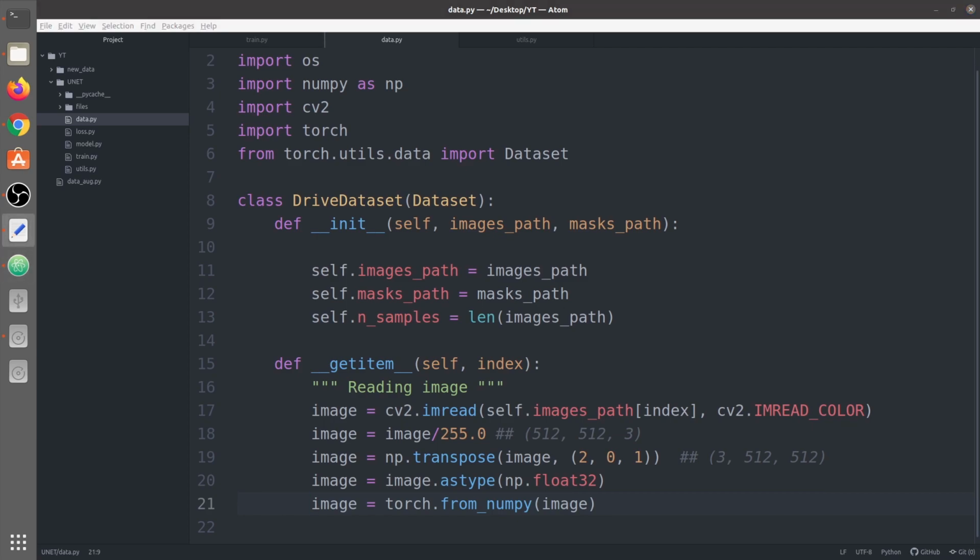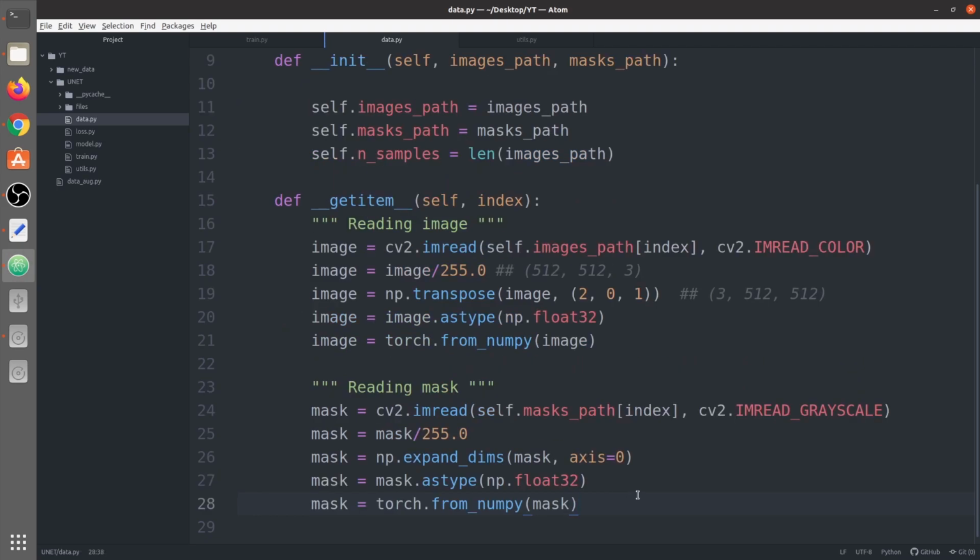We do the same thing with the mask, except for the transpose. We read the mask as a grayscale image. Then again we divide its pixels by 255. Its shape would be 512 by 512, so it's a channel-last approach.